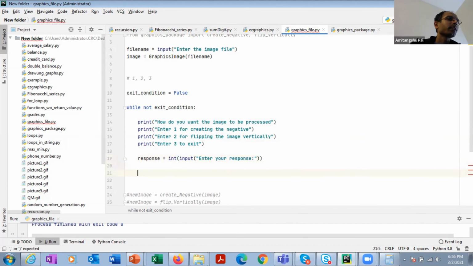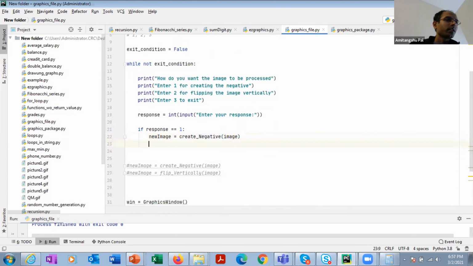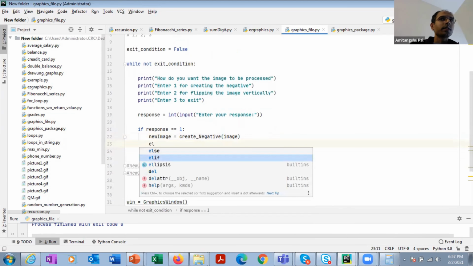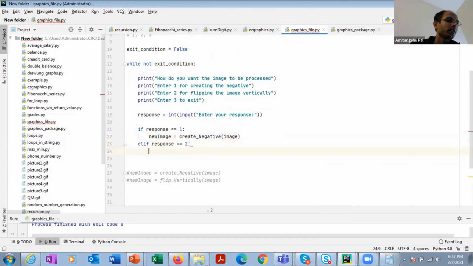Okay, so if your response is equal to 1, that means it is going to call the create negative function. So it is going to pass the image and the function is going to return the new image. Then else if your response is equal to 2, then new image is going to be equal to flip vertical image.